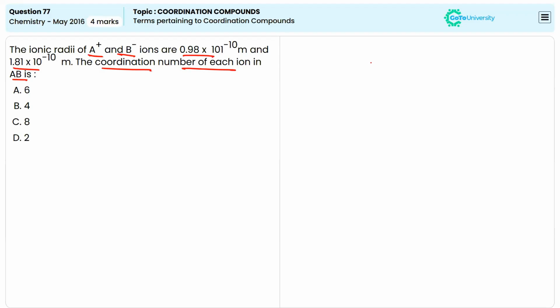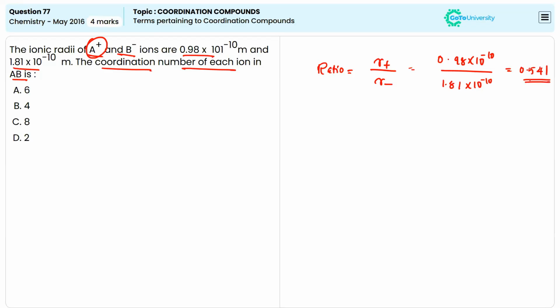So first we have to take the ratio between the radii. The radius ratio will be the radius of the positively charged species divided by the radius of the negatively charged species. So here the positively charged one is A plus, which has the radius 0.98 times 10 to the power minus 10, and the negatively charged one has radius 1.81 times 10 to the power minus 10, and here the ratio will be